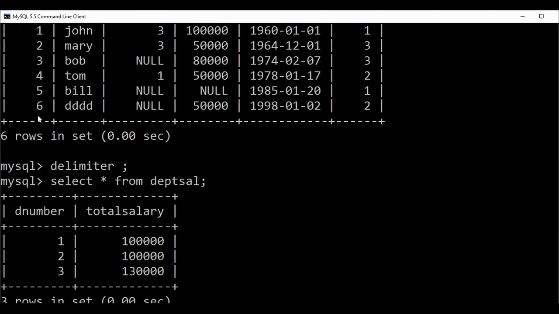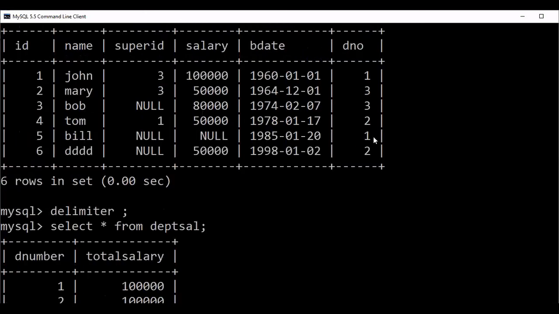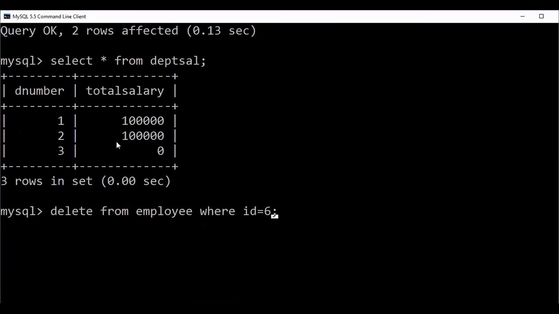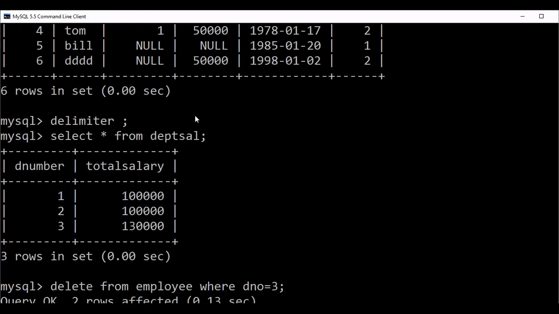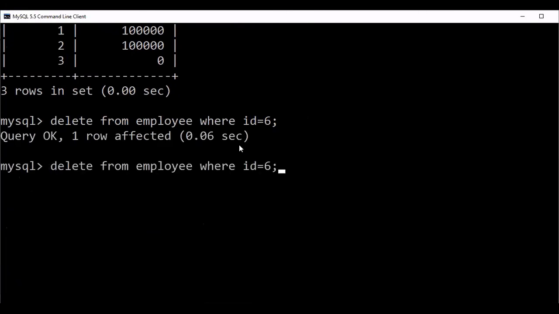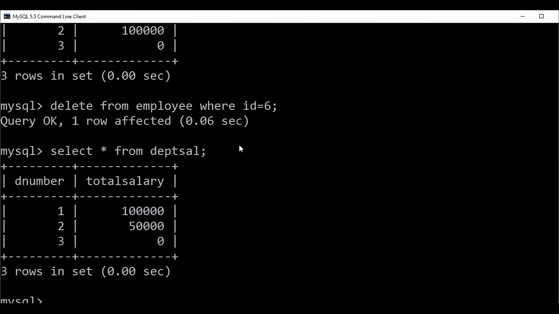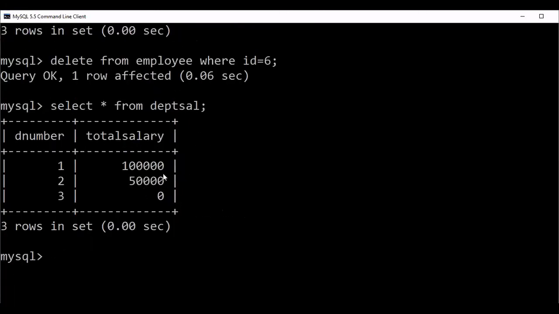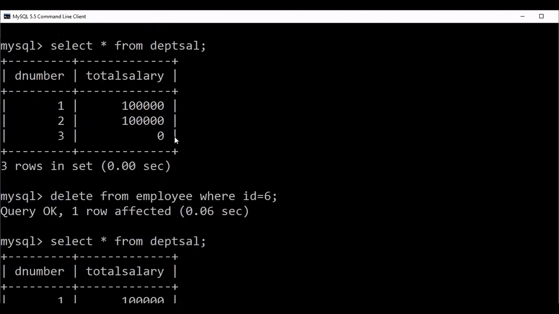If I delete this one, then this 50,000 will be the old salary for the second department. So now the second department's 1 lakh will reduce by 50,000, becoming 50,000. I am deleting now and fetching again with select star. Previously it was 1 lakh. So automatically, without calling the trigger, it is executing. So this is about insert and delete.